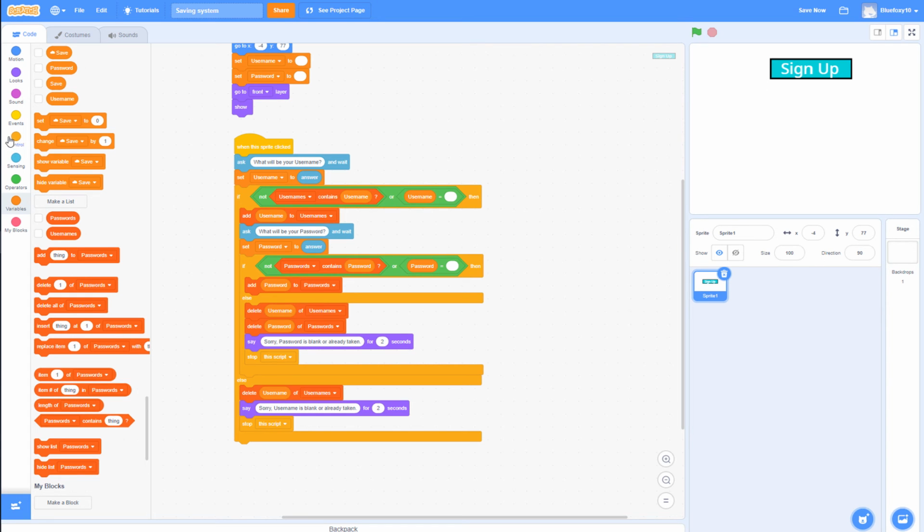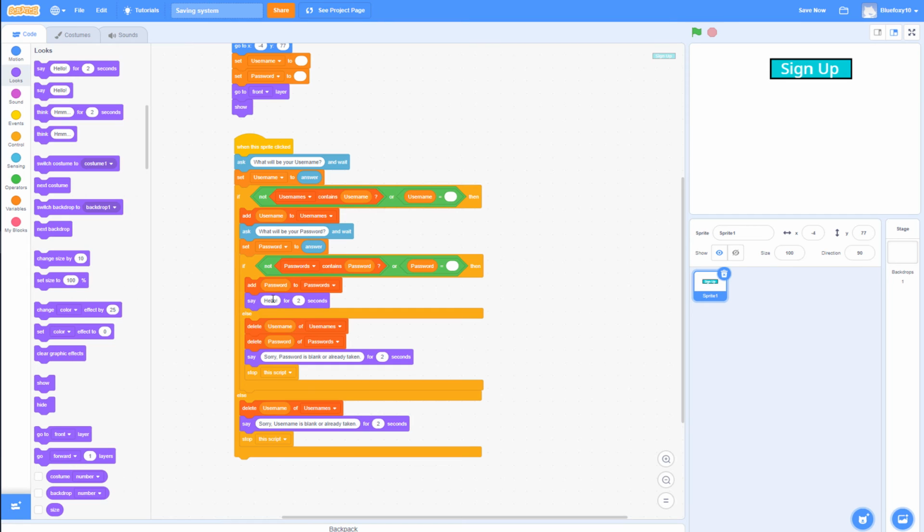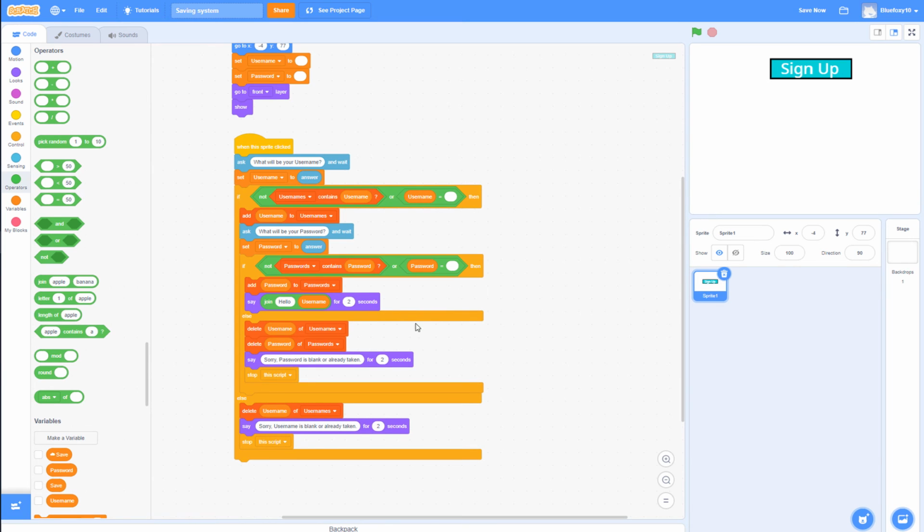after this you can go to looks, say, and then join hello with a space, hello or hi, whatever you want, but make sure to add a space after, and then add usernames for 2 seconds. So yep, that's pretty much it. If I go here, yeah, I didn't miss anything. Yeah, so that's it for the